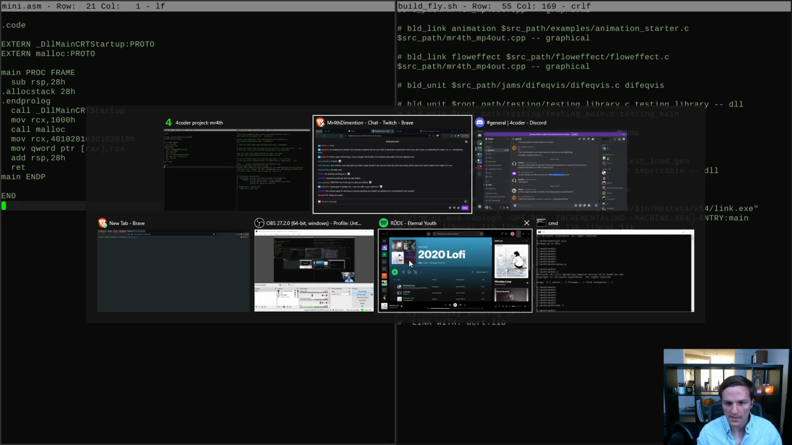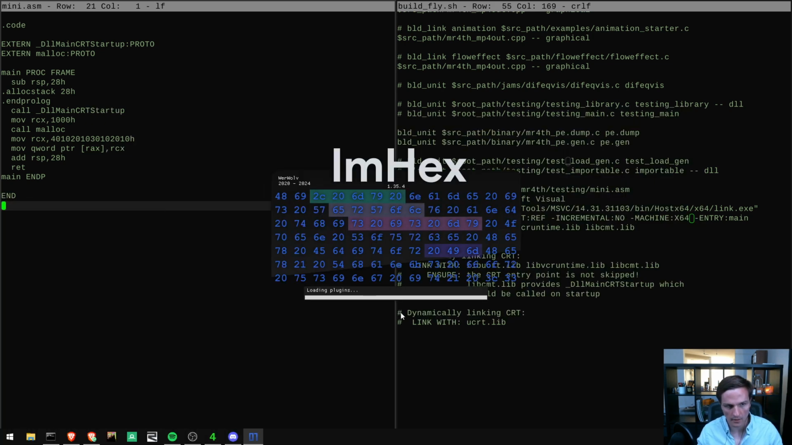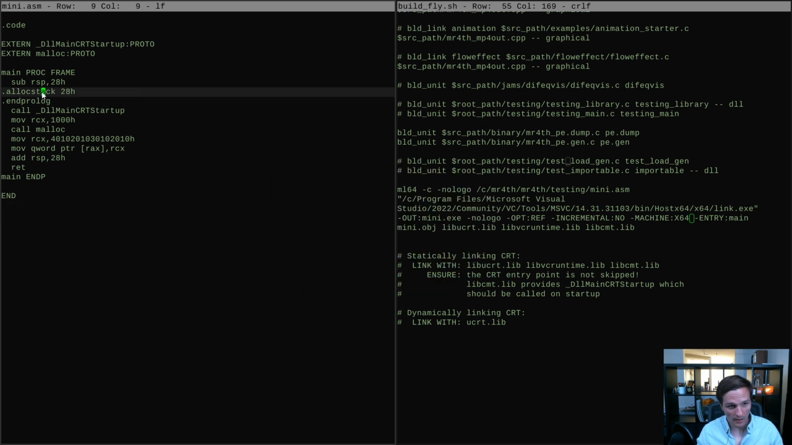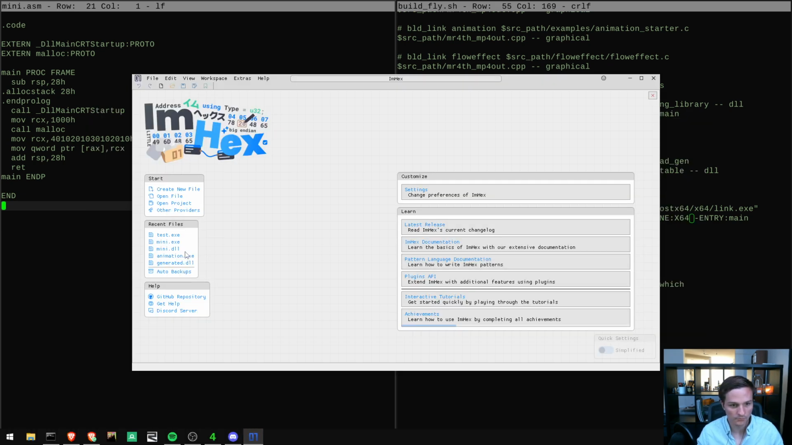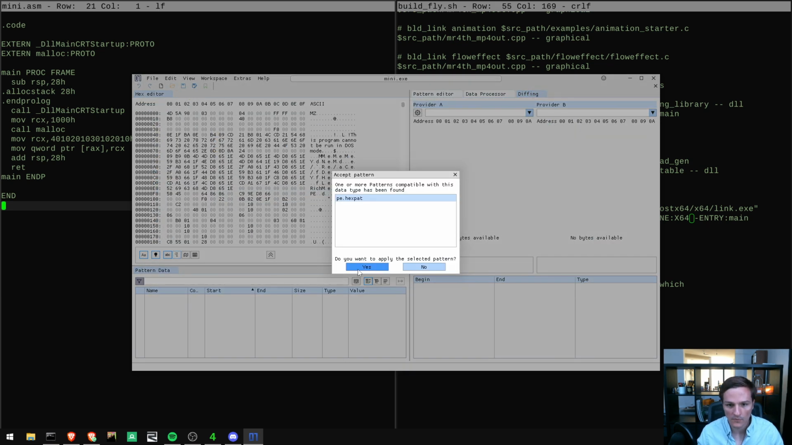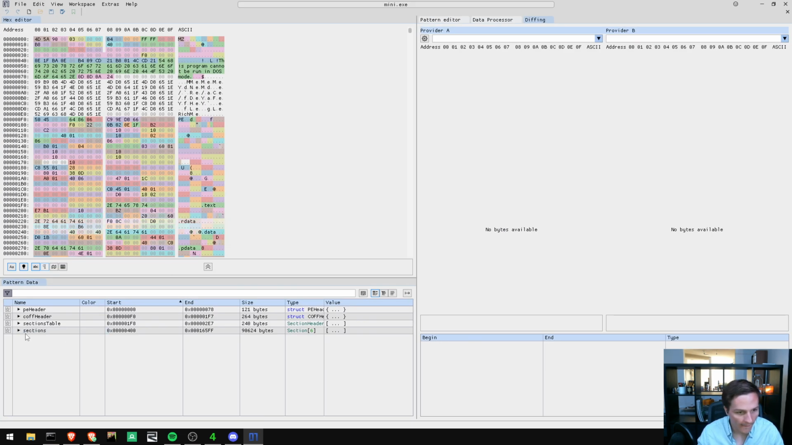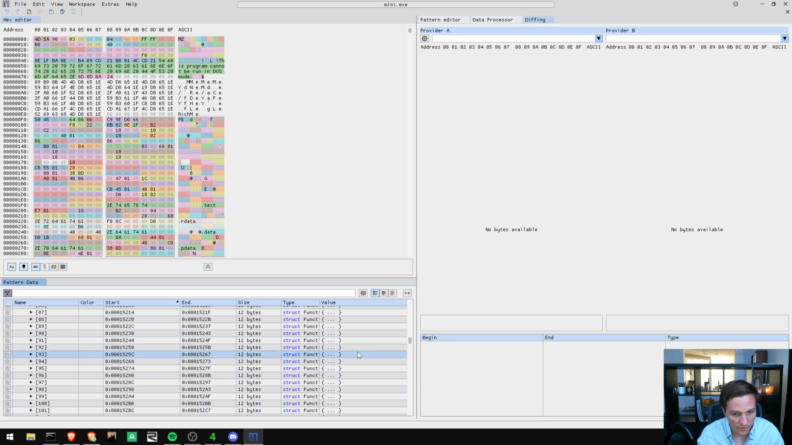Okay, so we're building Mini EXE. I want to take a good look at Mini EXE and see if it has any unwind info. I feel like this should be generating unwind info, but I'm not sure. Yes, use the pattern. All right, we have P data for an exception table, and the exception table is full